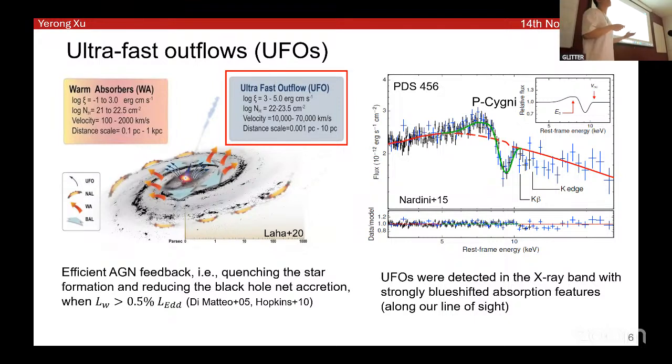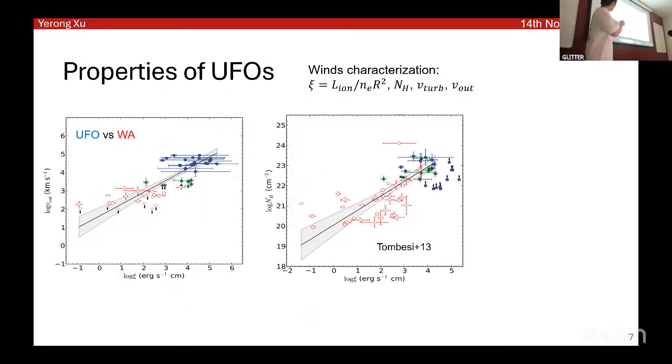In addition, UFOs are not only detected in the hard X-ray bands, they could also be detected in the soft X-ray bands. Over the past 2 decades, UFOs have been detected in more than 100 AGN. When modeling these UFOs, 4 parameters could usually be used to characterize the outflows, including the ionization parameter, column density, turbulence velocity, and outflow velocity. And here the ionization parameter depends on the ionizing luminosity, number density, and the distance to the